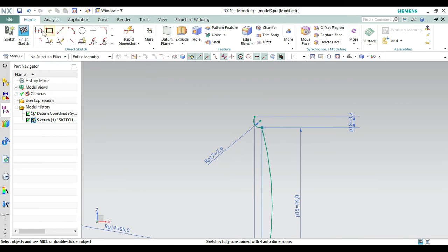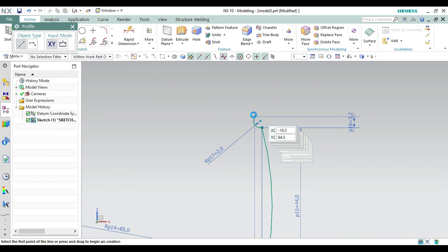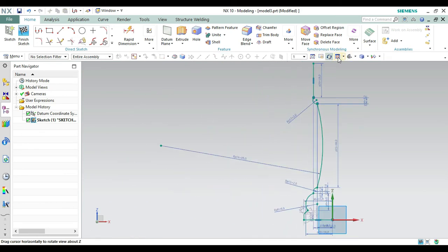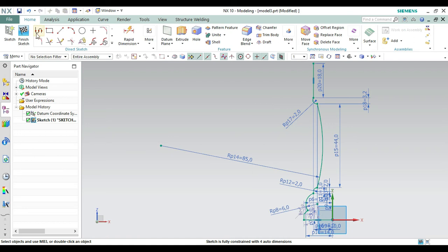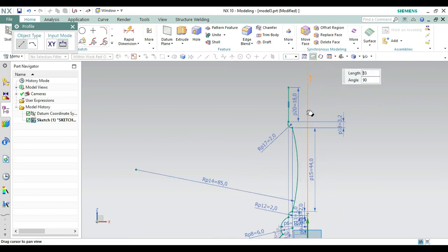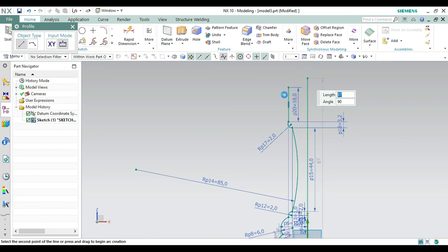Now we have to do nothing, just taking this point from here, go up with the length of 18. Yeah, it's right, we have to make it 18. So from here again make it fit like this one. Taking this point, go up, it can be of any length, no problem, we can take that above the line also, like this one.